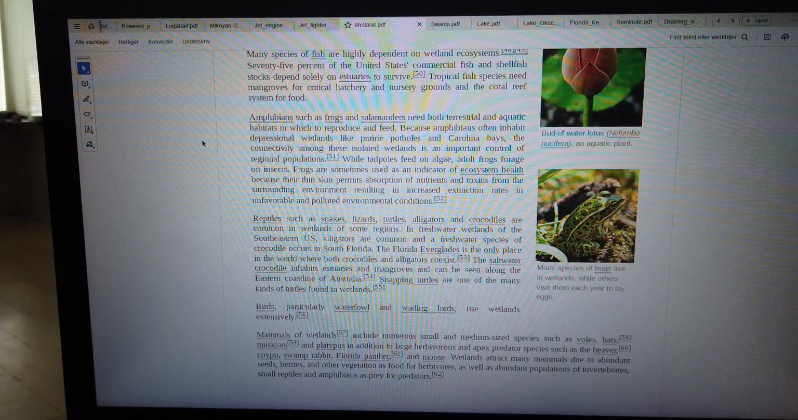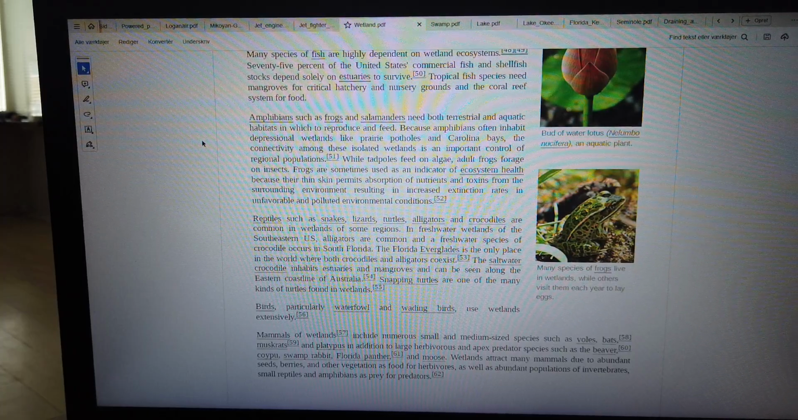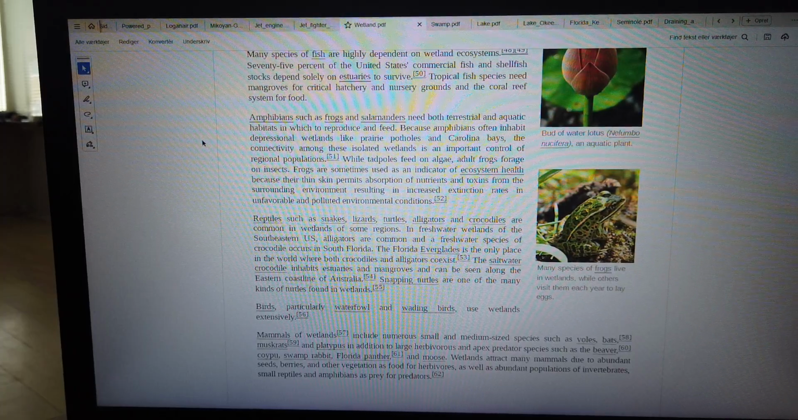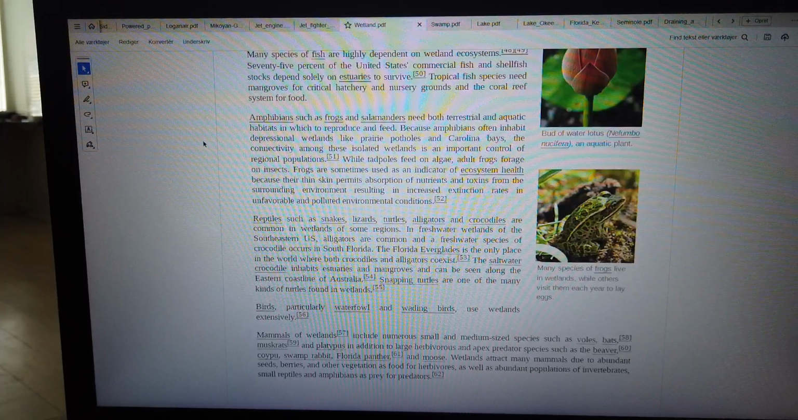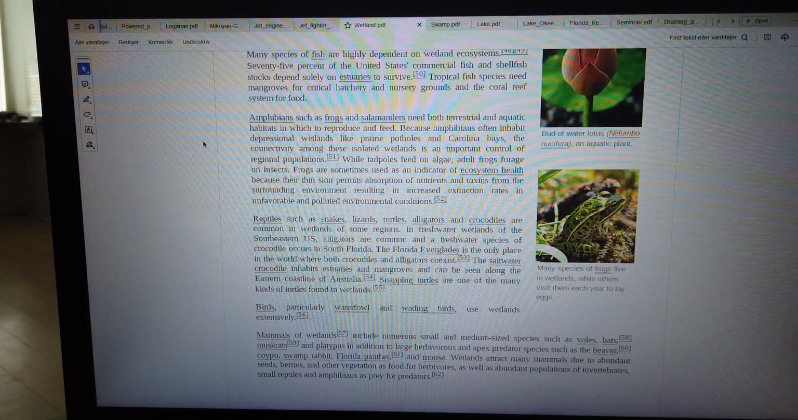The saltwater crocodile inhabits estuaries and mangroves and can be seen along the eastern coastline of Australia. Snapping turtles are one of the many kinds of turtles found in wetlands. Birds, particularly waterfowl and wading birds, use wetlands extensively. Mammals of wetlands